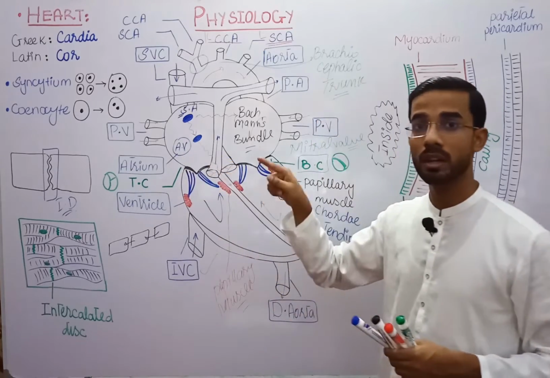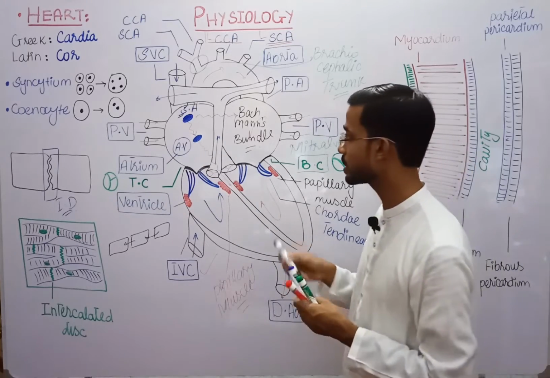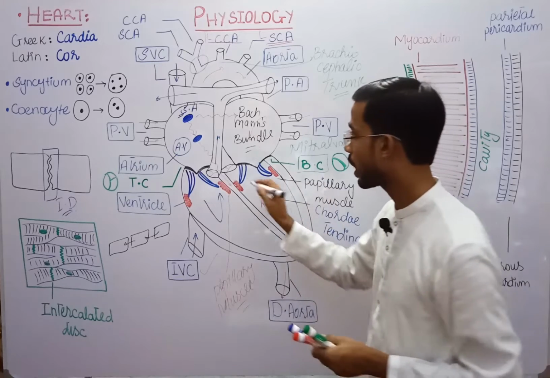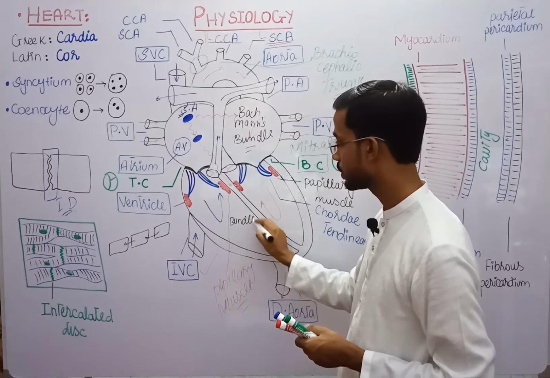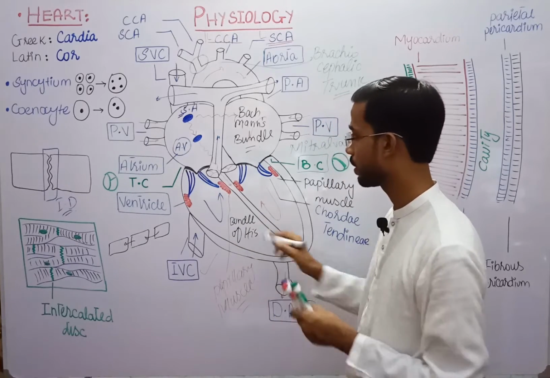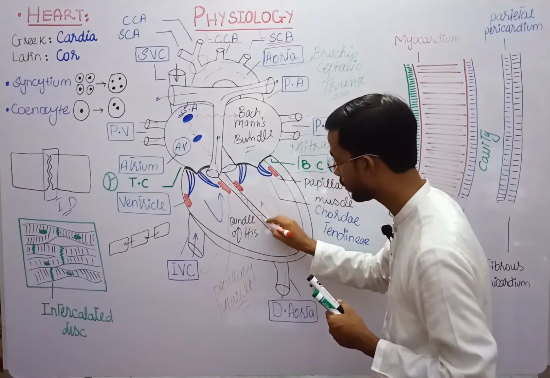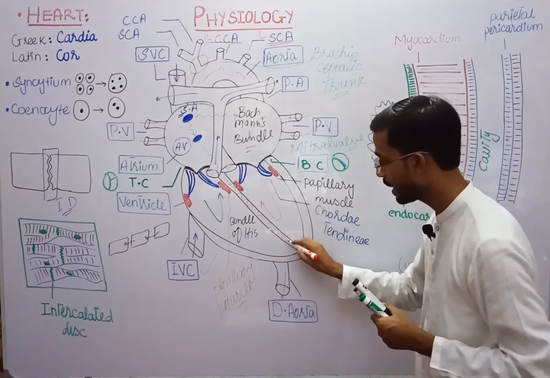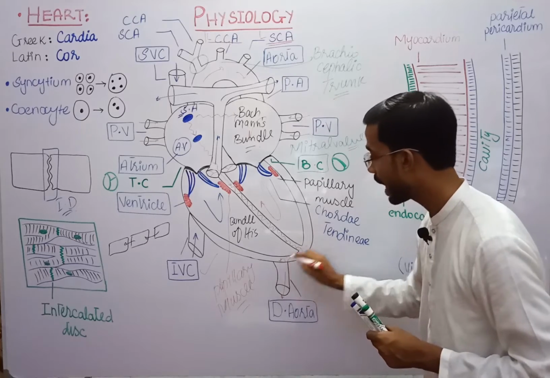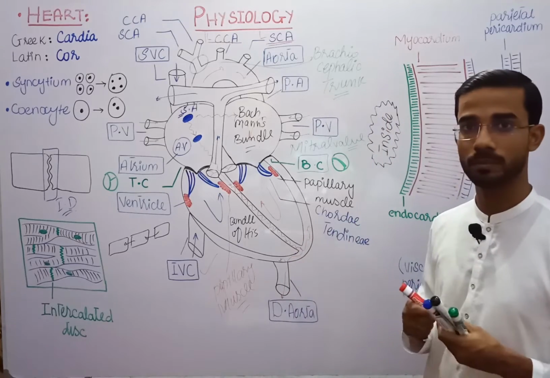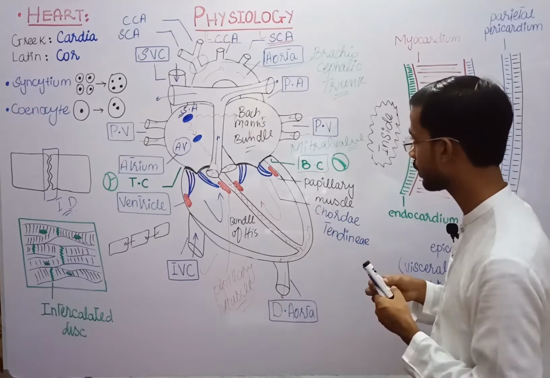the AV node will pass the signal to the interventricular septum through the bundle which is called the bundle of His, right? Here, in the bundle of His, different fibers travel through this septum, and at the end it will divide into two, left branch and right branch, right? Here you can see it will divide into the left and the right branch,